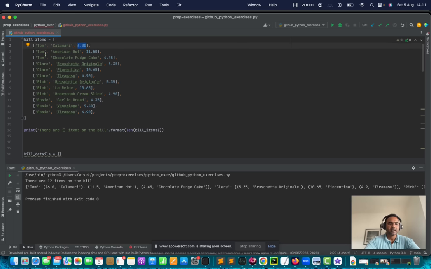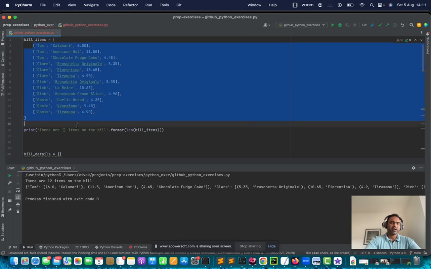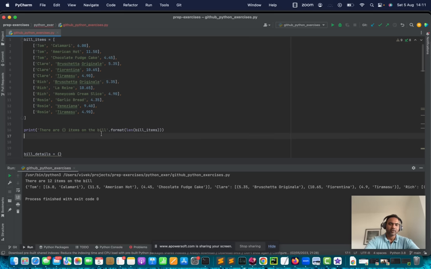So if you could see, there would be multiple items for a person who would have ordered multiple items, and some people would have ordered just one item. So this is a list with bill items, and we would want to find information on, let's say, taking an example from this list, Tom. What's the highest bill item for that person, or maybe what's the grand total